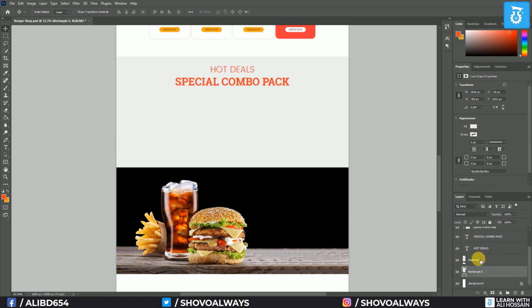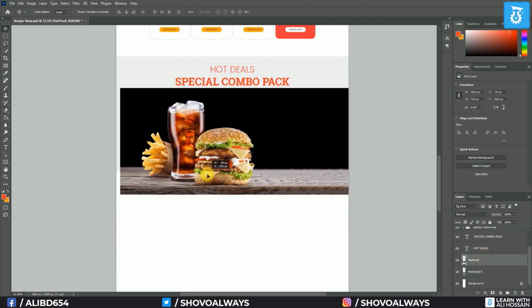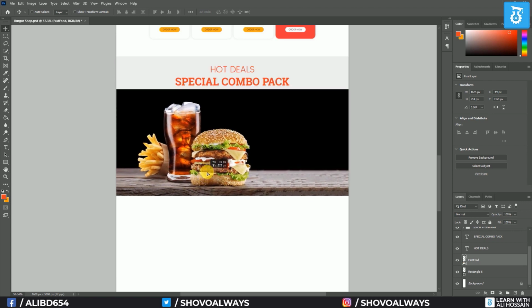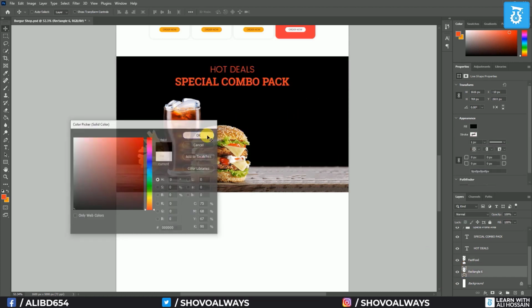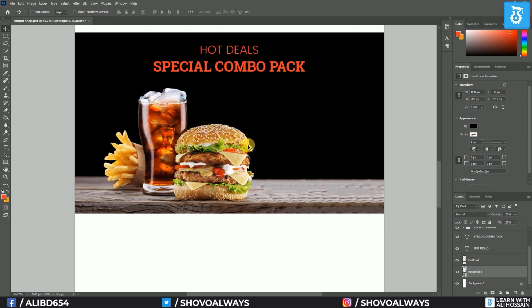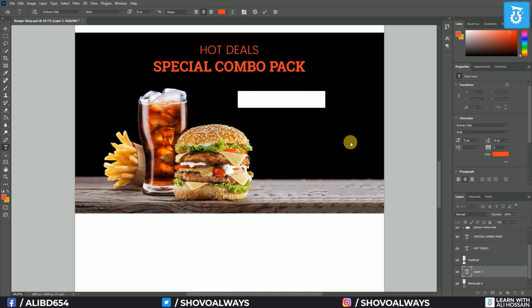So I think I can remove our previous one and I can place our new image here. So what I will do, I will place the image. I think I can place it here, no problem at all, and I can change the background color to black. Okay, now it looks very good. Now I will try to have a new layer, and here I will write burger. This text should be here, burger, and then french fry